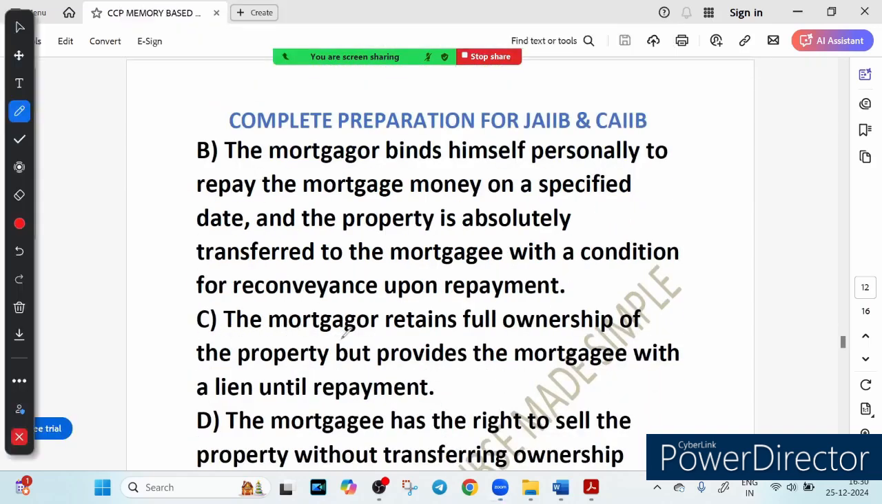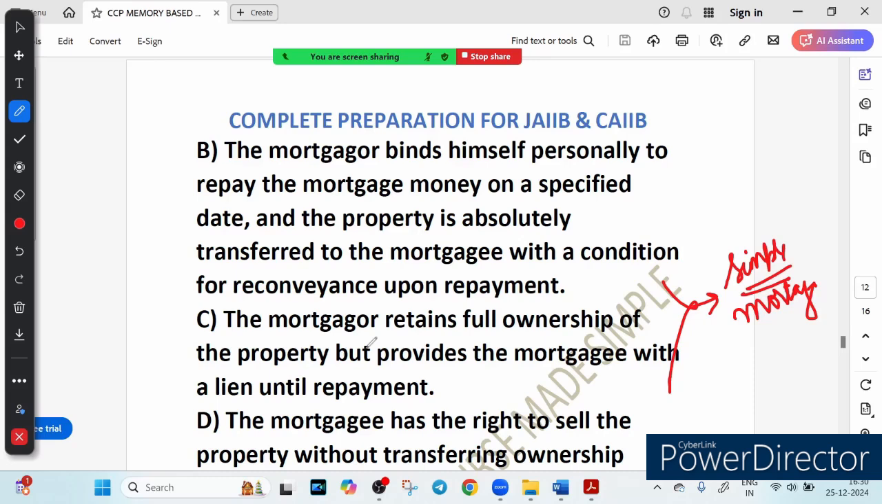Option C says that the mortgagor retained full ownership of the property but provides the mortgagee with a lien until repayment. What do you think? See, this refers to the simple mortgage. See, it is quite essential to see each and every option because other options provide you a concept. So this is the concept of simple mortgage. So suppose the question is what is a simple mortgage? So this option will be correct. Yes, correct. So in the English mortgage, the mortgagor transfers full ownership to the mortgagee, unlike in a simple mortgage where